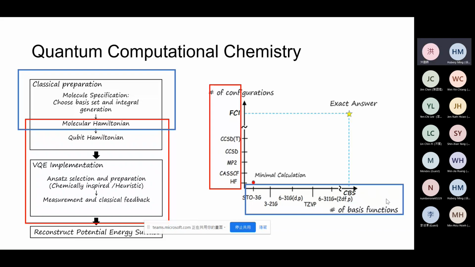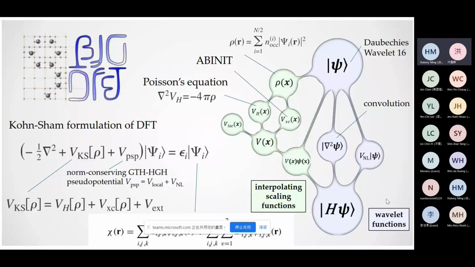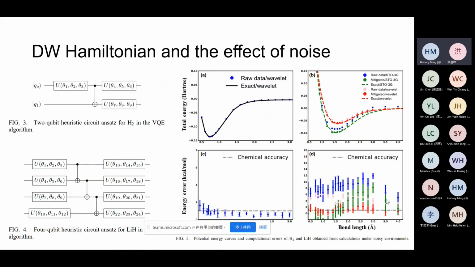Yeah, I understand. But my question is, you mentioned several times low depth circuit. The low depth circuit, is it depending on the conversion to the qubit Hamiltonian, the choice of what's the dependence? Yeah. But